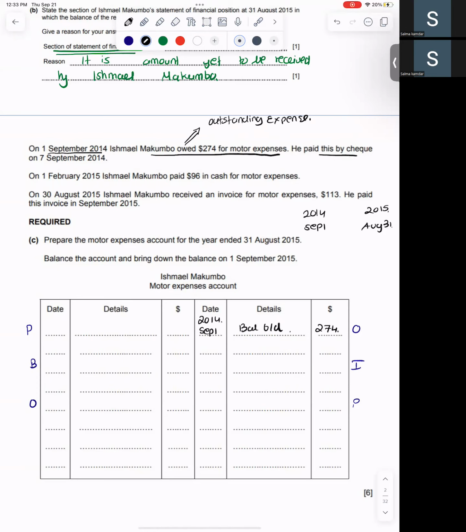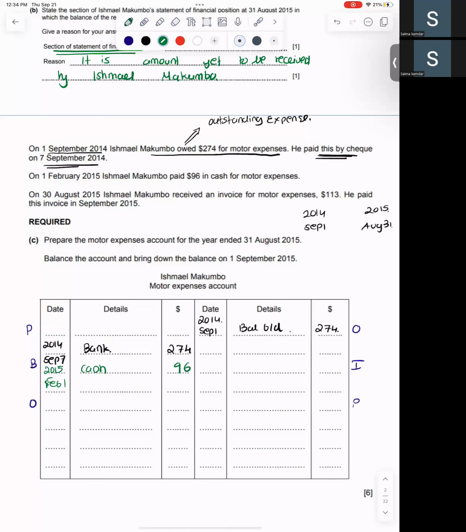He paid this by check on 7 September 2014. That means he's paying this money in 2014, September 7. Bank. How much is he paying? The amount that was owed. On 1st February, I have again paid 96 in cash for motor expenses. Since you're paying in cash, on what date? In 2015, Feb 1. I will write I have paid